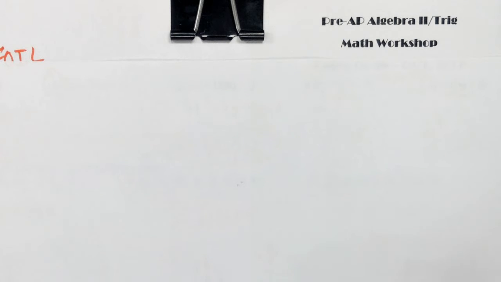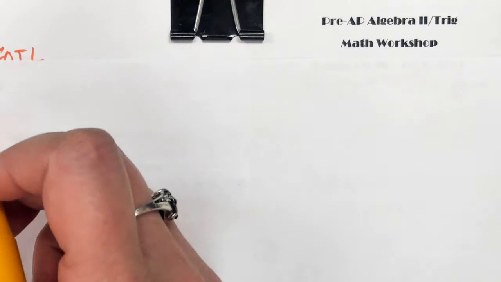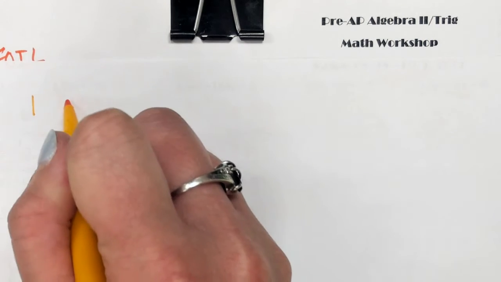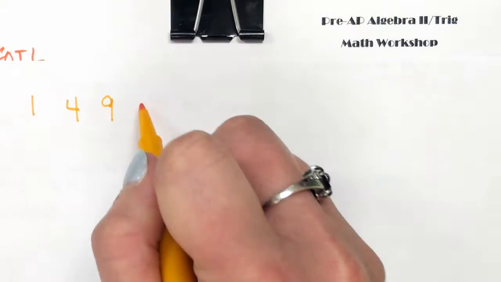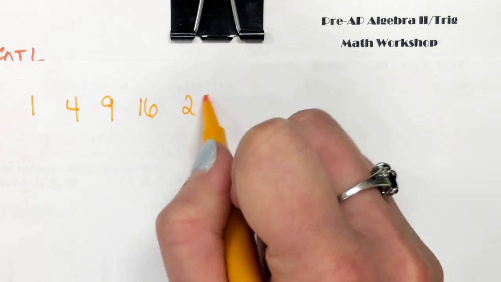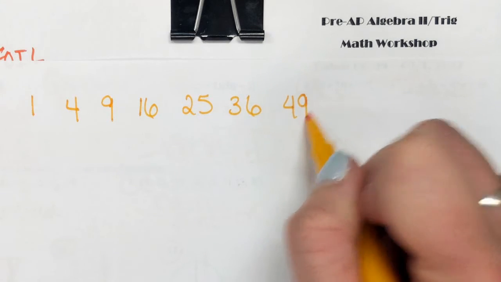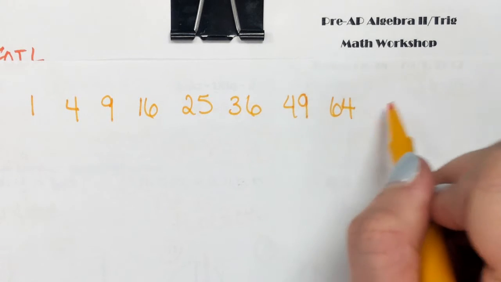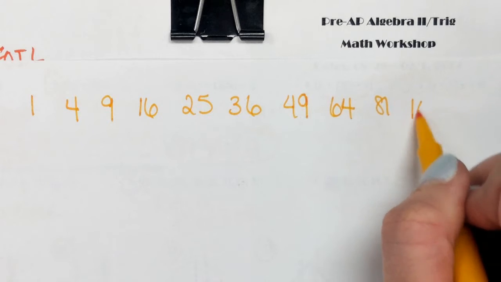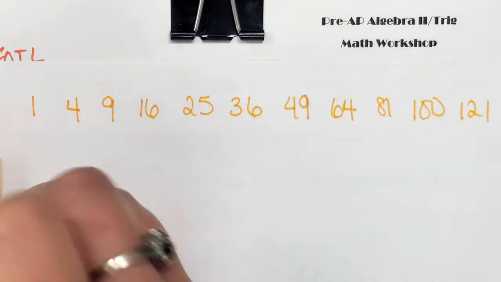Test is Wednesday next week, right? And then the test for chapter 2 is Thursday next week. So what's the first perfect square go? 1, 4, 9, 16, 25, 36, 49, 64, 81, 100, 121, yeah, 144,